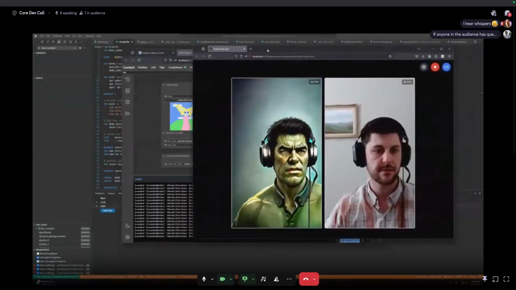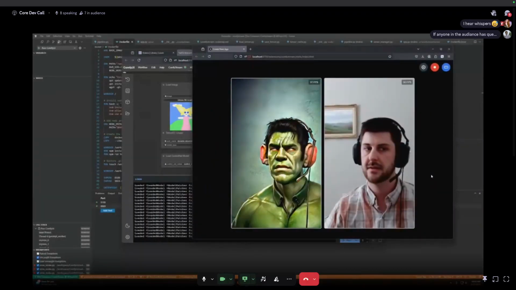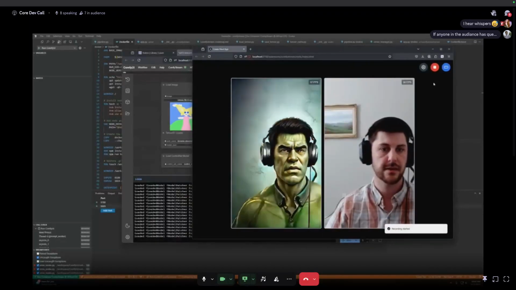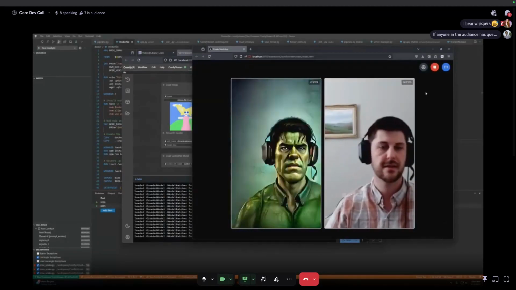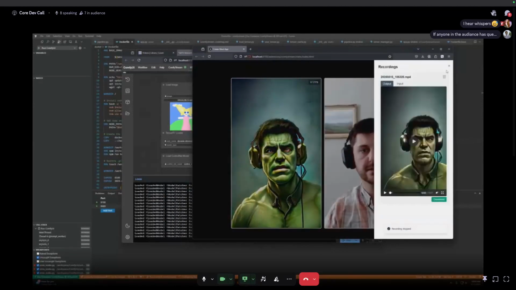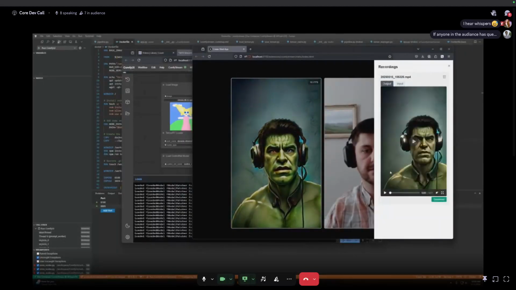All right, now we are streaming, and you can see that we've got about 17, 18 FPS. Now there's a record button, so we can actually record that and begin recording our video. And then stop that, and now you'll see you have recordings. We can look at the input and the output. You can now stream that,